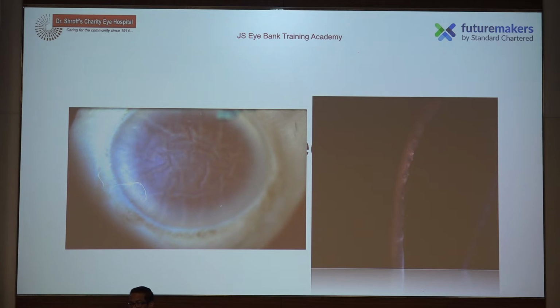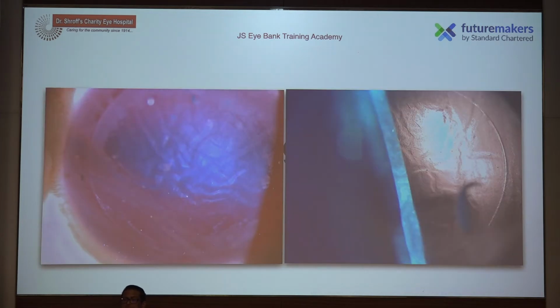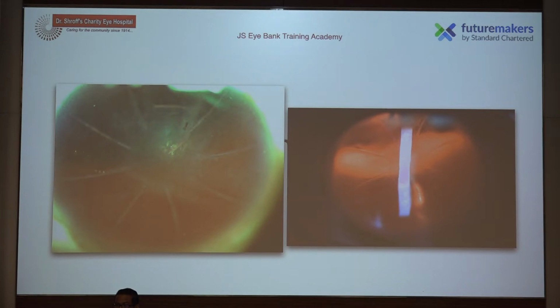We know that this quality tissue may not be the best, and you may not get any good specular count for them. This is one of the pictures wherein there was a LASIK flap which is very beautifully captured here, along with diffuse endothelial, I would say DM folds also which are present, along with a bad surface as well. This is a post-RK cornea. This is how the surface looks when you see it.